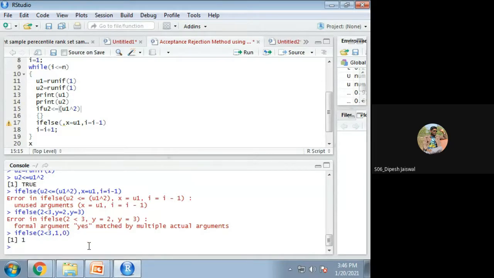And it has given 1. It is only taking yes and 0. So let us go this way. If u2 is less than or equal to this, then we assign x equal to, okay, I understood the mistake. Yes, yes, you are right. Yes, the mistake is I have to give x of i.